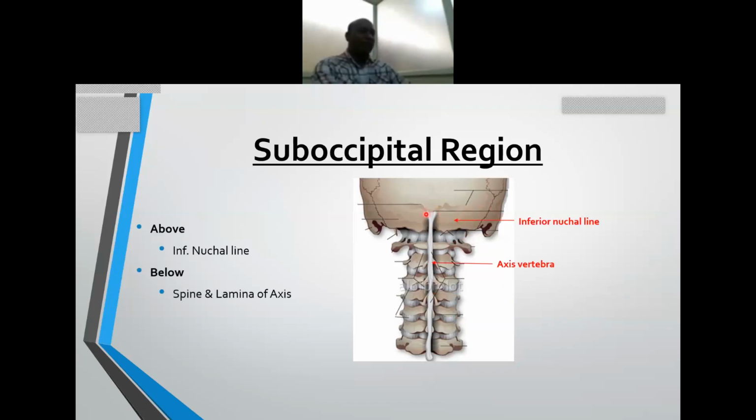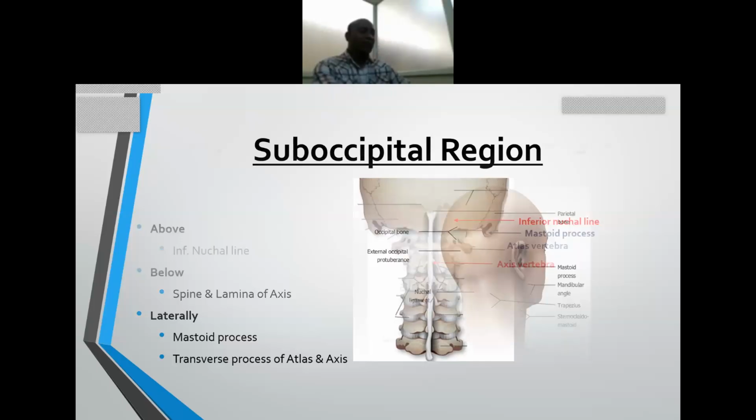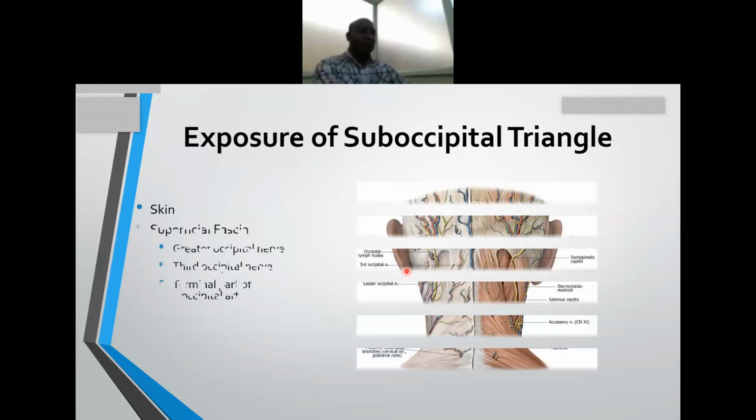You can see the landmarks. So this is the external occipital protuberance, and there is a superior nuchal line. And if you come down, then there are inferior nuchal lines, and between them there is some area for muscle attachments. And if you come below, then the spine of the C2 vertebra or the axis can be felt. And here the transverse process of the atlas is also one of the important landmarks in the suboccipital region.